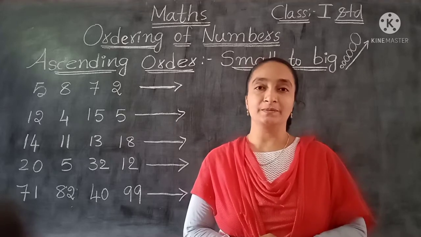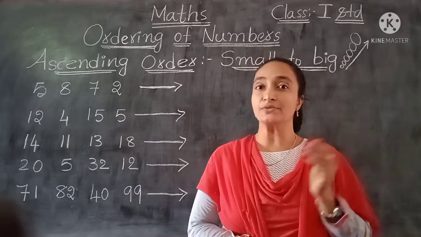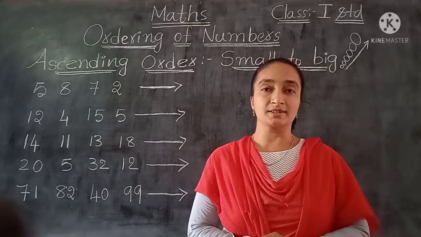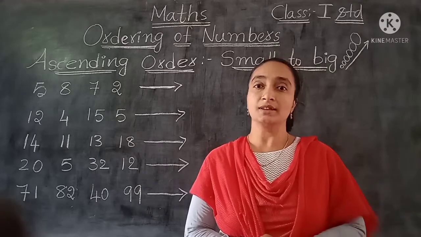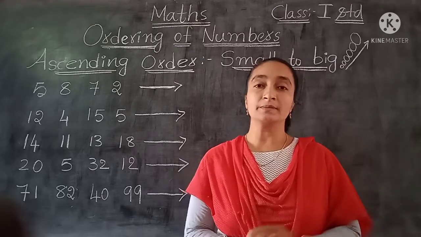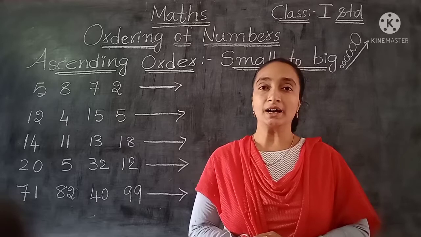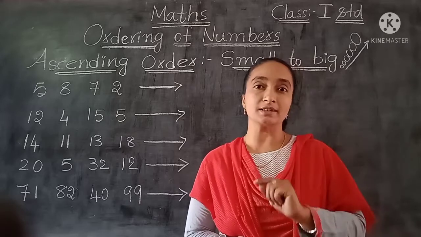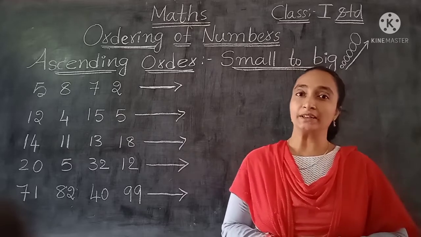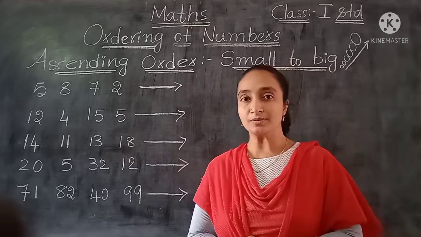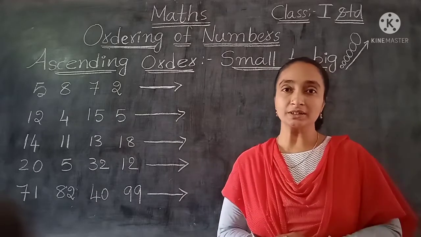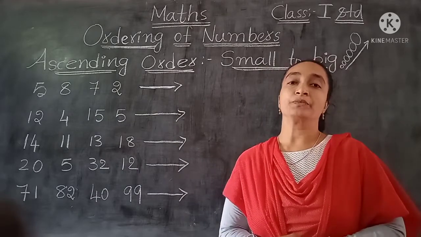Class maths. So children, in our previous videos, so many topics we have completed. Numbers, after numbers, before numbers, between numbers, the number names, and greater than, less than, which are the symbols also. So with greater than, the bigger number and a smaller number, and equal to. All these we have completed, children, in our previous videos.